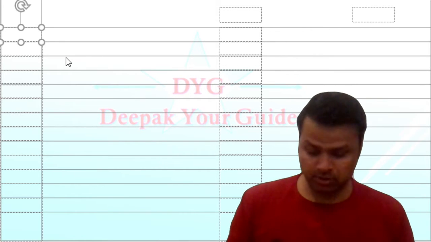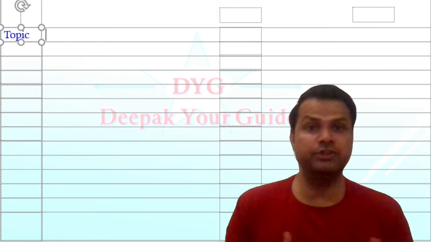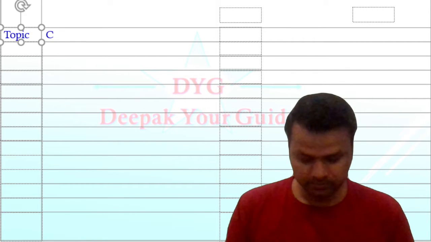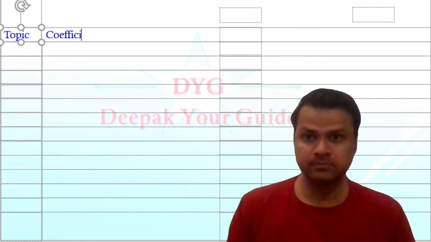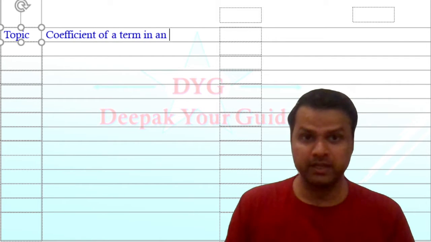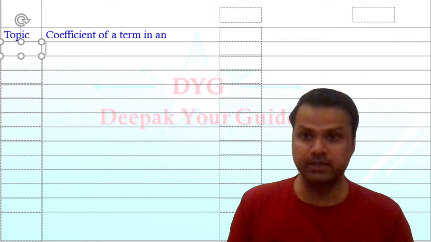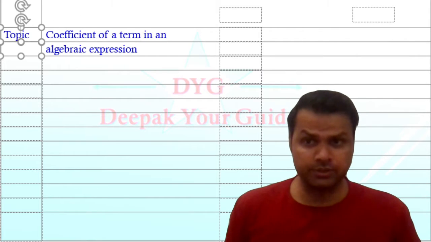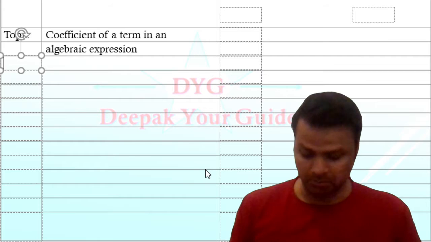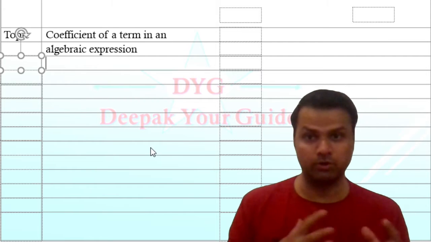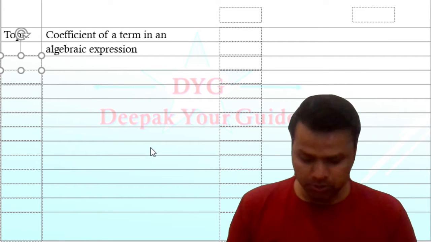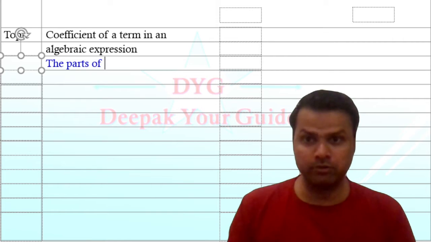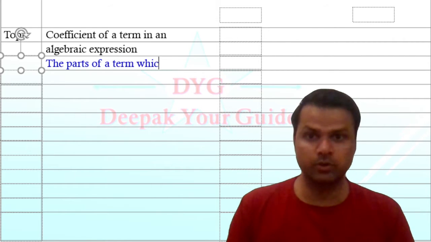Now let's talk about the coefficient of a term in an algebraic expression. Let me first write it and then I'll explain what it actually means. Coefficient of a term. So the parts of a term which are